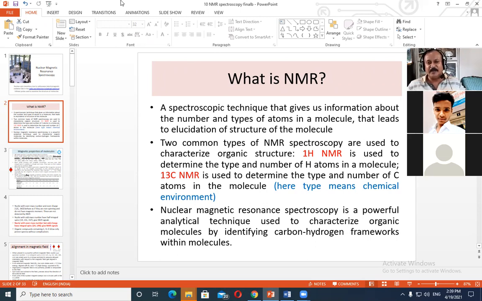But what I have done is I have purposely taken these three techniques earlier, that is UV visible spectrophotometry, then infrared spectroscopy, and then NMR spectroscopy. That is because I wanted to give you first-hand knowledge about the different types of radiation sources which are utilized for sample analysis, and the different types of information that we get from these different types of analysis. So we have seen how the UV visible range is used, how the infrared radiation is used, and now how radio waves are used for sample analysis.